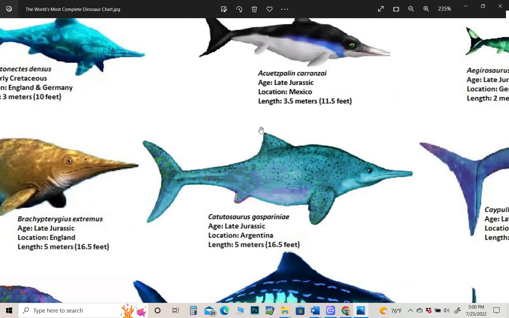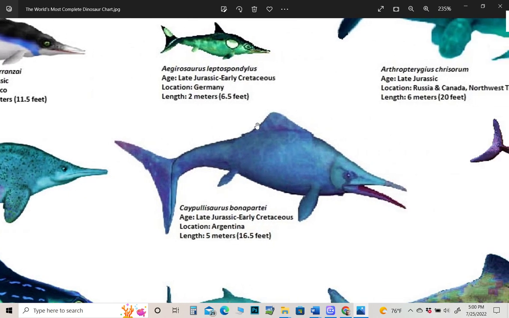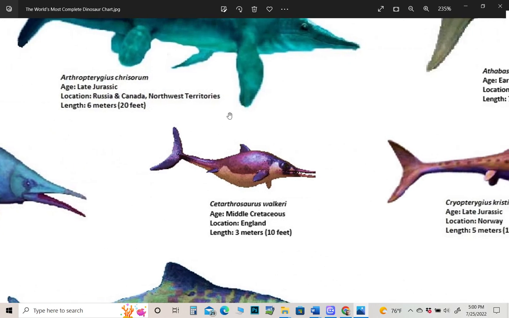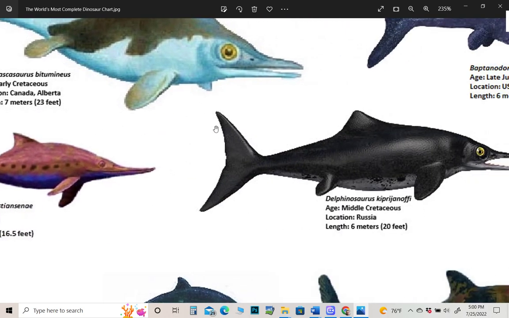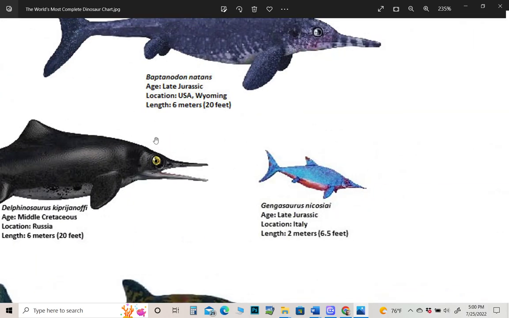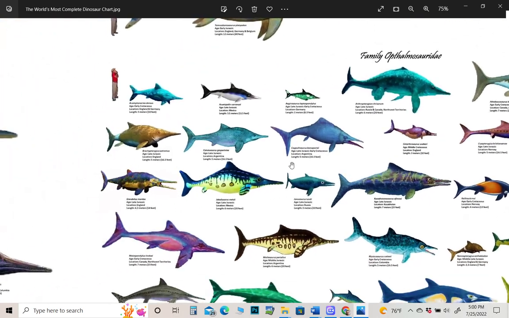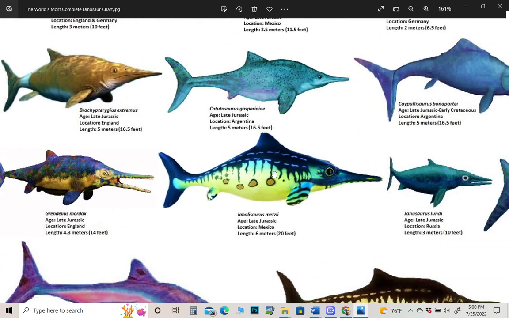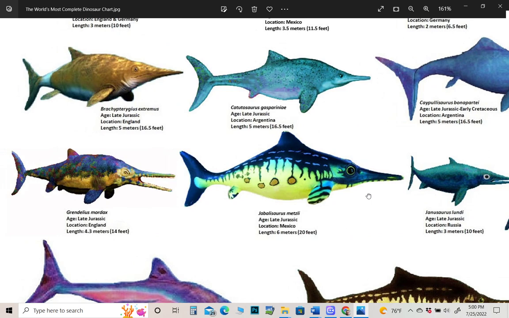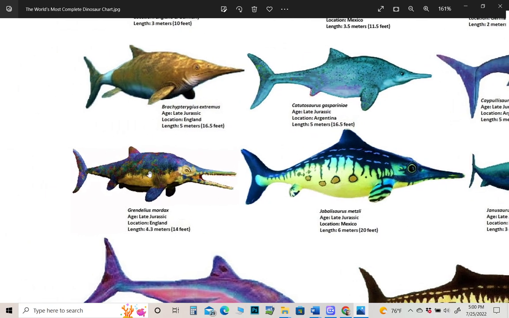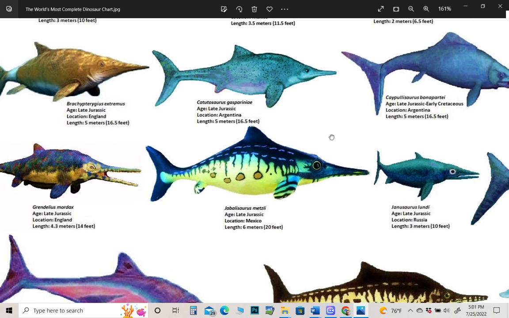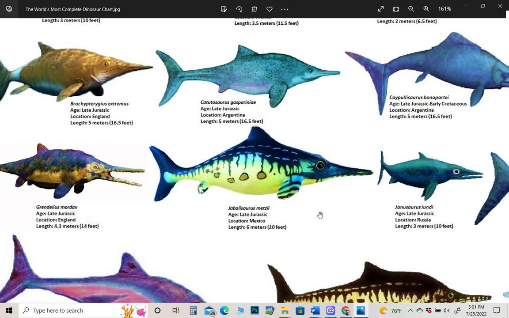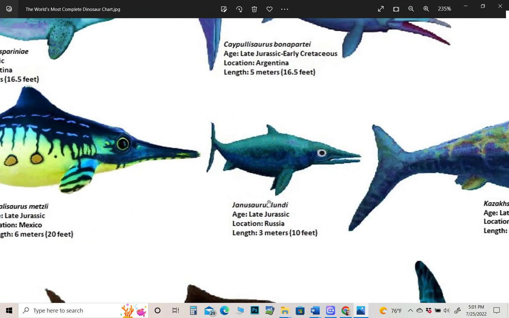Brachypterygius, Caypullisaurus, Cetarthrosaurus, Cryptopterygius, Dearcmhara, Gengasaurus, Grendelius, Jabalisaurus. I think Grendelius was discovered last year, by the way. Jabalisaurus was one of the eight or so genera that was discovered. It was a huge flurry of ichthyosaur discoveries last year. Janusaurus,